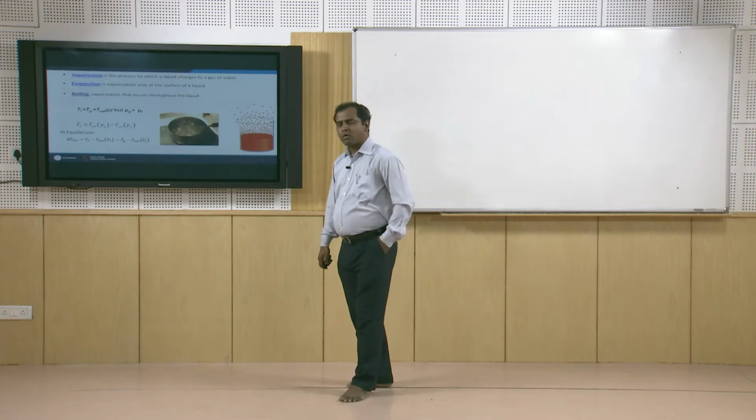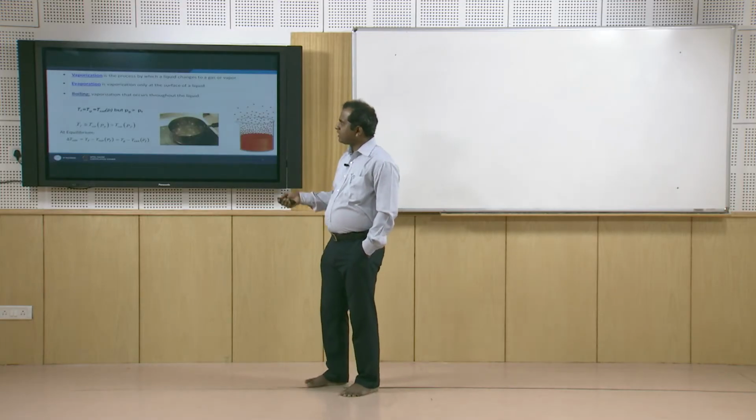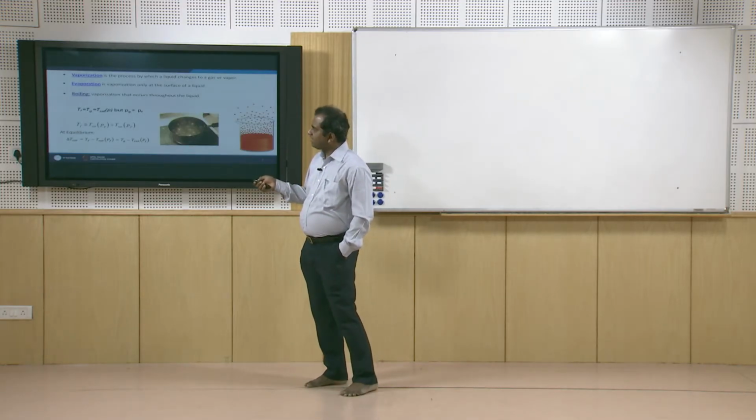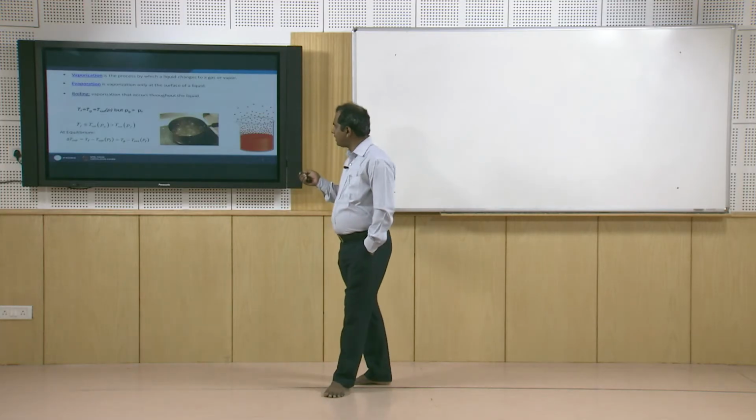Now, our common understanding about boiling heat transfer is that whenever the temperature of the fluid and gas becomes equivalent to the saturation temperature at the pressure, that will be the limit from where boiling starts. But eventually we will find that due to this molecular compaction difference, the pressure of the vapor will be higher than the pressure of the liquid. So, Pg, the vapor pressure, is higher than Pf, the liquid